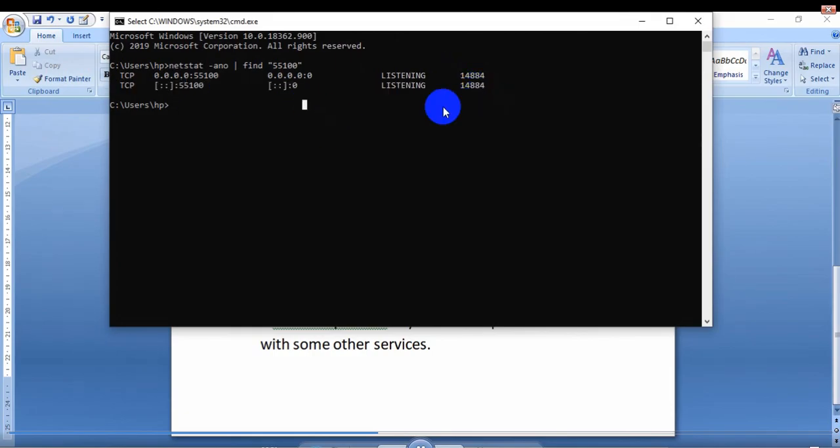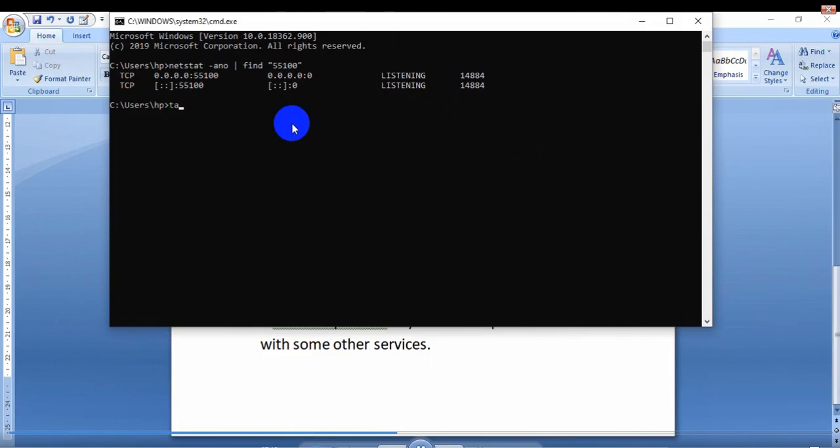So we will see the command for killing this service. Whatever service this is, X or Y or Z, we will kill it. Type taskkill, that is, to kill 14884.